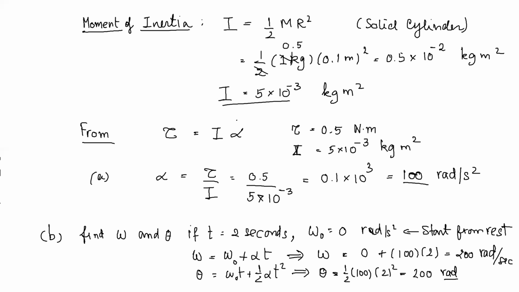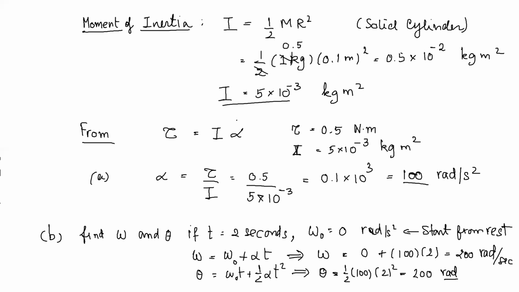Now, there's part B. They ask what is the angular velocity and angular distance if t equals 2 seconds. We are assuming that it starts from rest, so omega 0 is 0. So you get omega equal to omega 0 plus alpha t, and then you can plug in the value for alpha, which is 100 radians per second squared, and the time, which is 2 seconds. So after 2 seconds, the angular speed